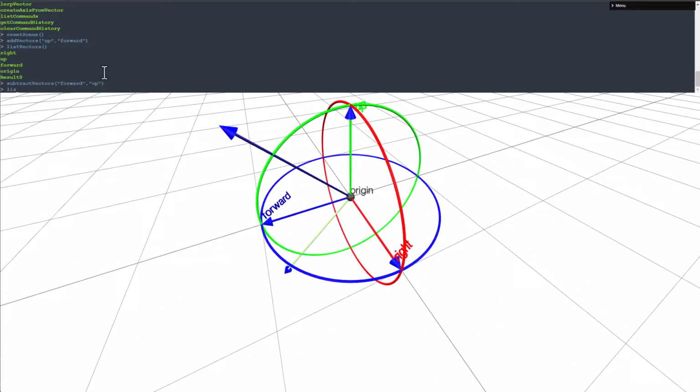And if we list the vectors in the scene, we'll see that now there is a result 1, right? But that can kind of be inconvenient each time to remember the order and type out the full name. So what we can do instead